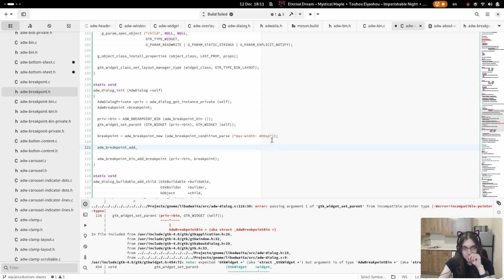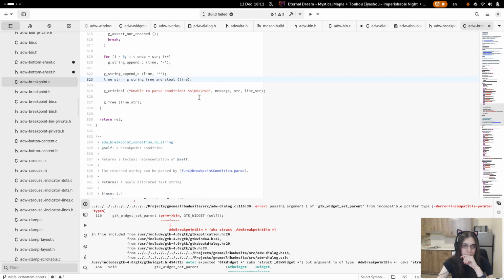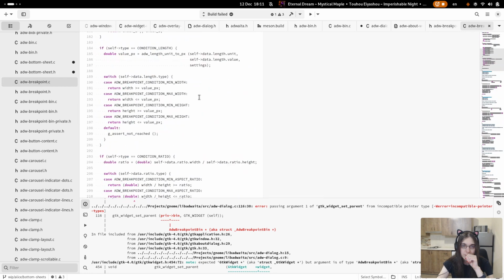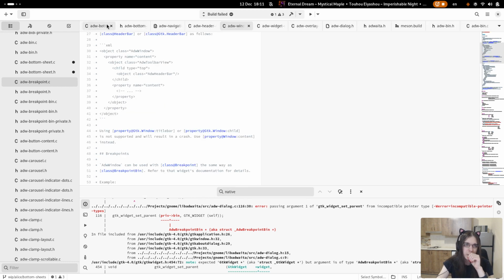Now, setters are for public properties, so I can't really use them here. So instead, I'll just use the signals. Not even these signals, I can use notify current breakpoint.